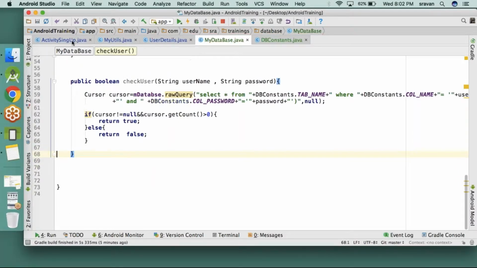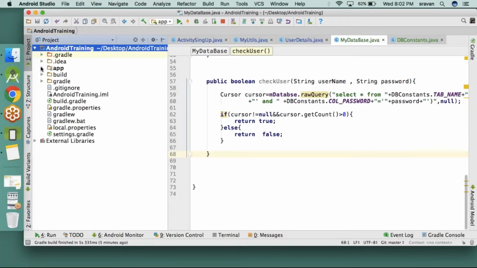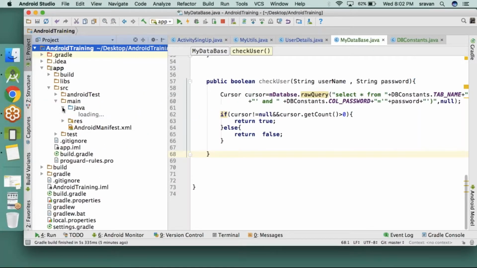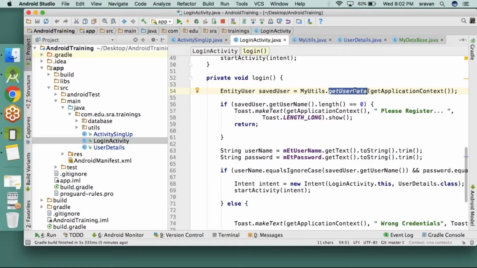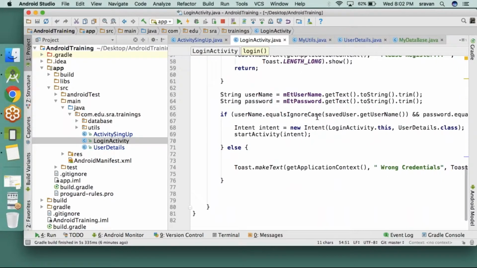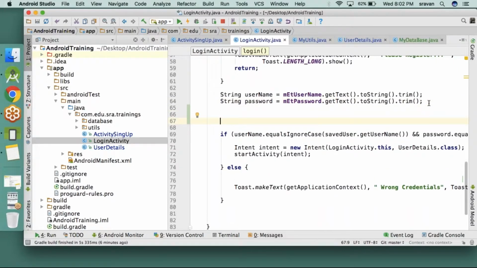Now what I want to do here, in activity sign up, enter something in Java login activity. In the login activity, previously whenever you use something like shared preferences I used to get those data, but now I don't want to get the data directly. I'm doing changes in the same application itself. Boolean is user success.